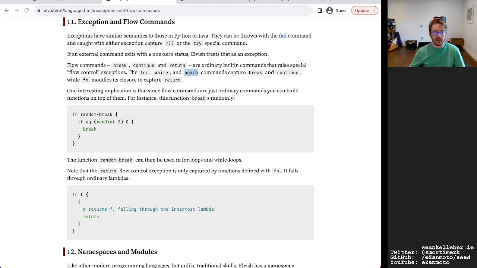Capture break continue while function modifies its closure to capture return. Not quite sure what that means. One interesting implication, flow controls are just ordinary commands. You can build functions on top of them.